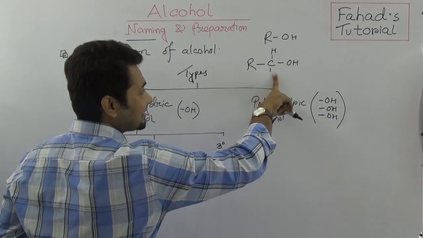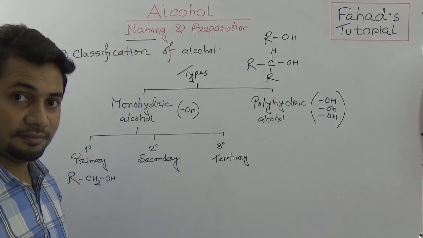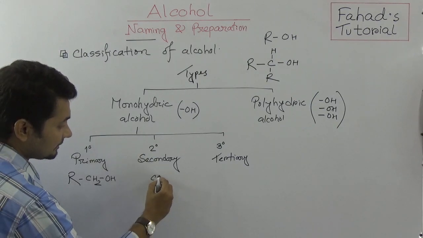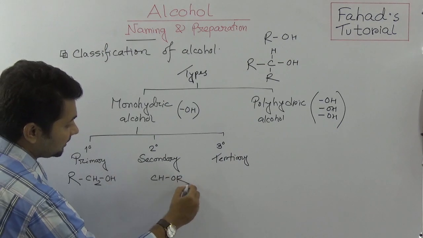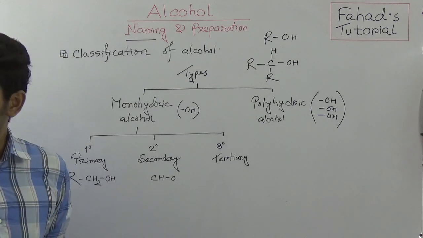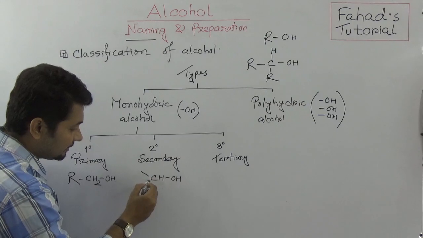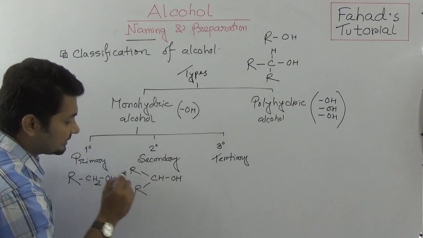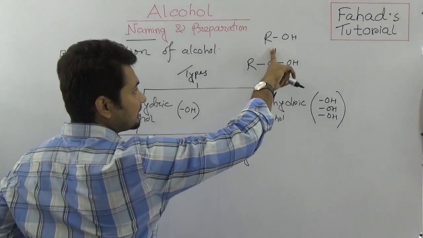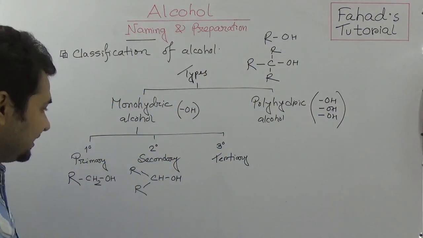But if this hydrogen is again substituted by another alkyl, then this is secondary. So it would be CHOH. It was CH2OH, but here two alkyl groups are attached. This is called secondary. In case of tertiary, this hydrogen will also be substituted by another alkyl group, and then